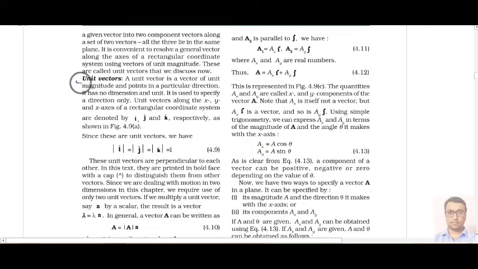Next topic is unit vector. So understand what is a unit vector. Actually, any vector like 5 Newton, suppose vector A is 5 Newton in east. So any vector has some magnitude like 5 Newton and it has direction like east. Then it is called a complete vector if it has both the things. So any vector can be represented by two things.